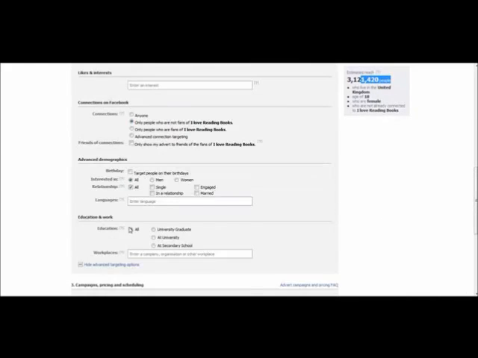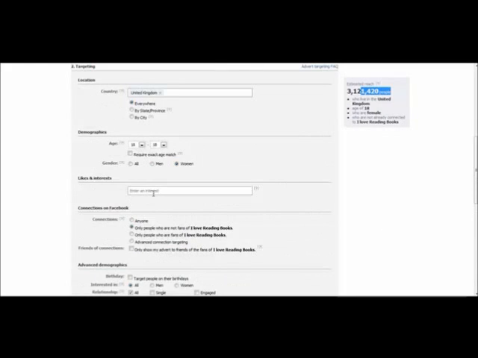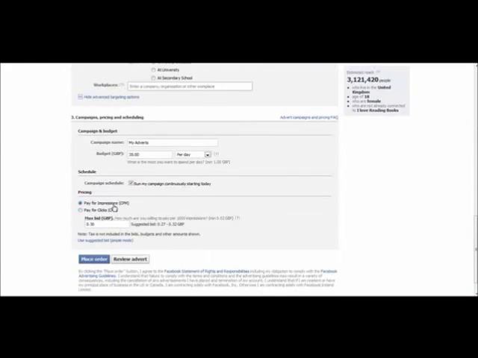If I want to get this really narrow, I can target all of the 18-year-olds in the UK, and there's 3 million women in the UK on Facebook who are 18. I haven't put any interests down yet. And here, as you can see, the suggested bid is 0.27.